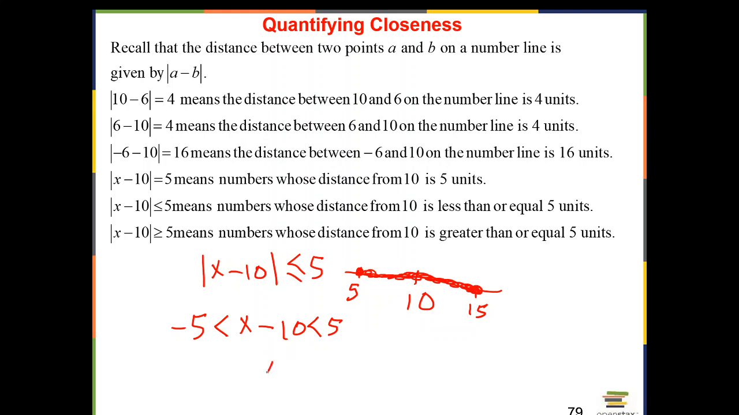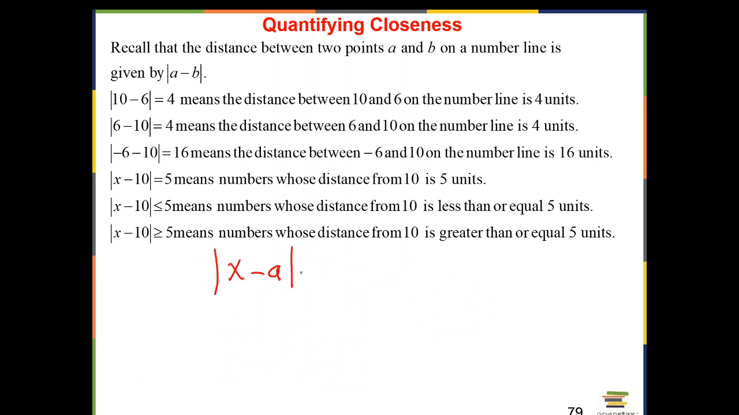Or the number we're looking for is going to be between 10 plus 5, right? And 10 minus 5. Basically add 10 to all sides, right? That's what it means. So when I write